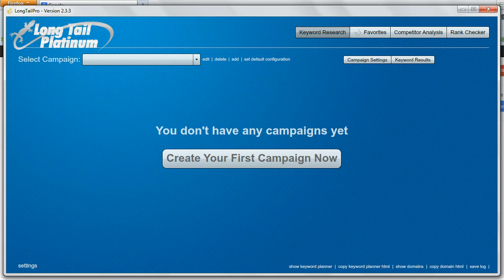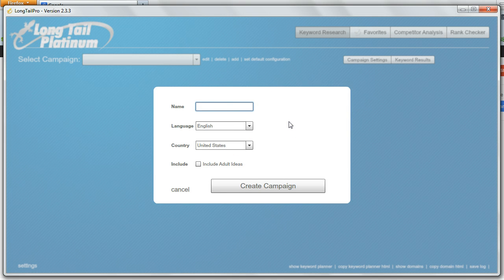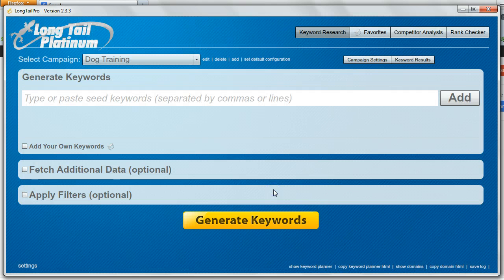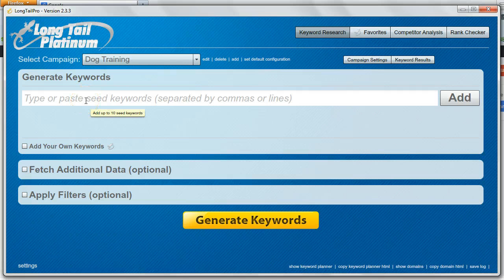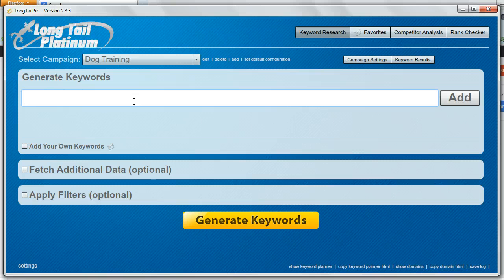And in this video, I'm gonna show you how to pick a keyword and some of the other bells and whistles that it has. Okay, so the first step is creating a campaign. I'll use the example everyone uses, which is dog training. English, United States, depends on where you are. Okay, so a campaign is created. Now, what you do here is you can either enter your own keywords, or you can let the tool come back with keywords that they suggest based on your root keyword. So if we did dog training,